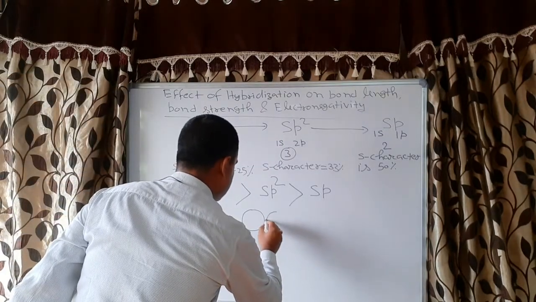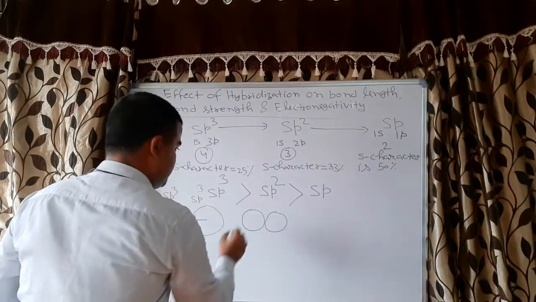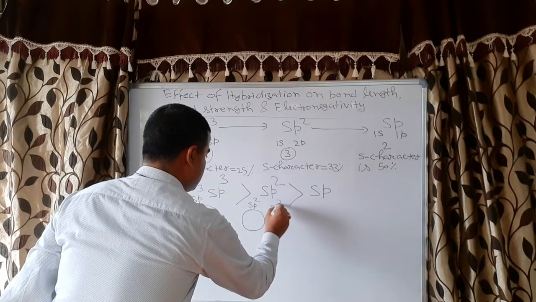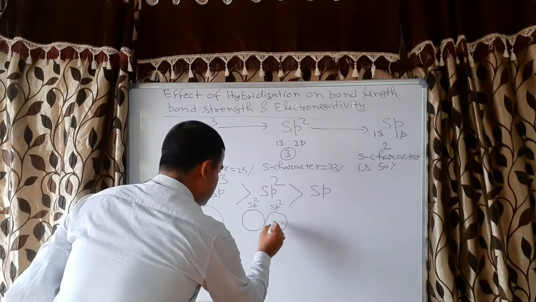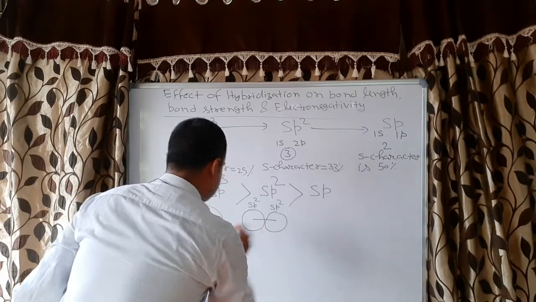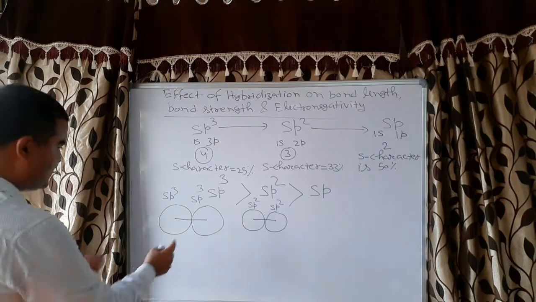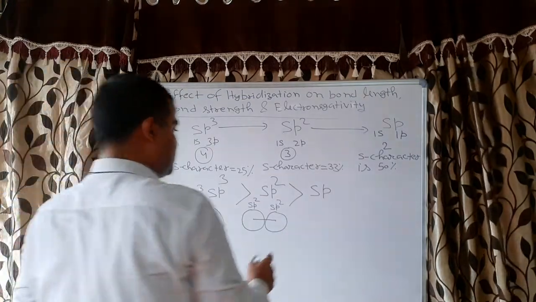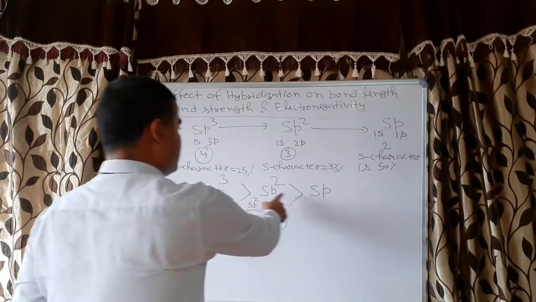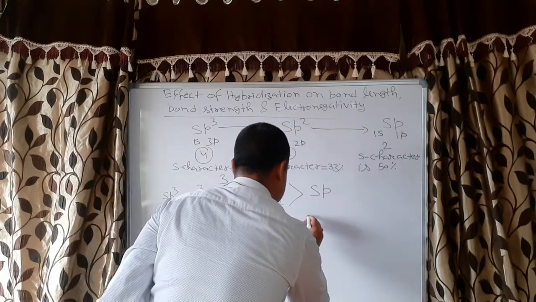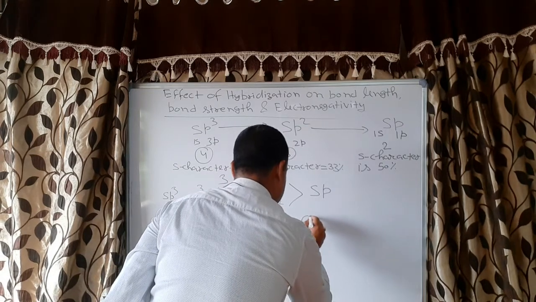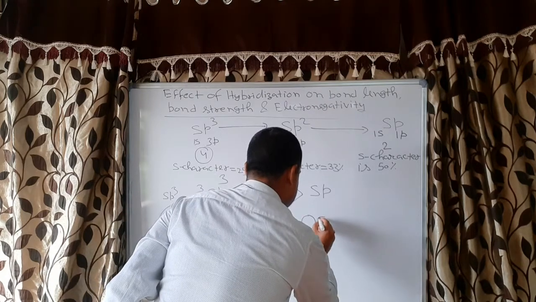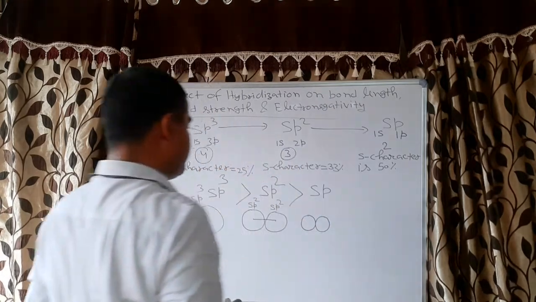This is another sp2 orbital. So for this, the bond length will be this much. Now you can see this is this much, this is this much. Correct? Now come to the sp. sp will be further smaller than sp2. So let us take it again smaller than this. Correct? And there is another sp hybrid orbital.